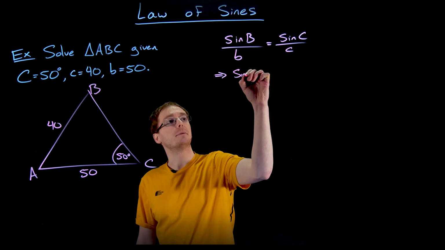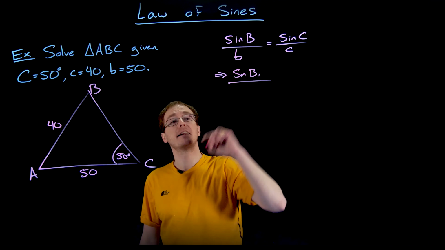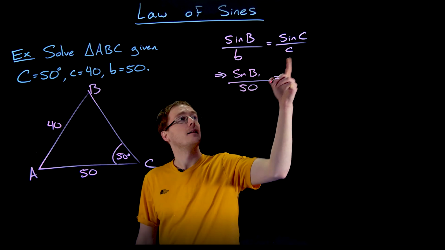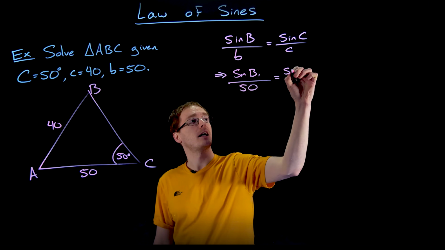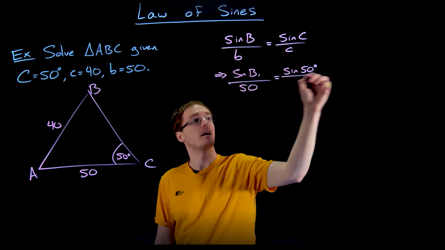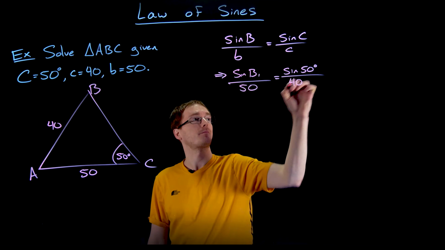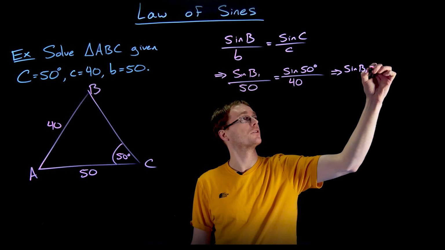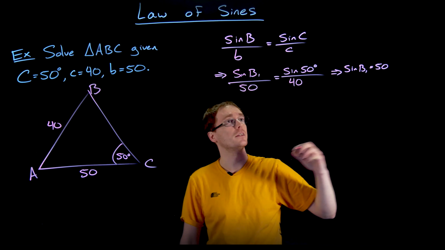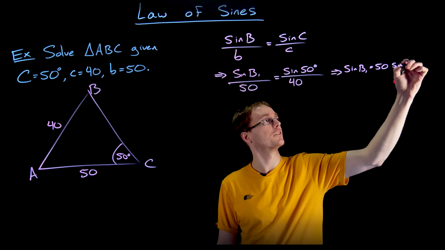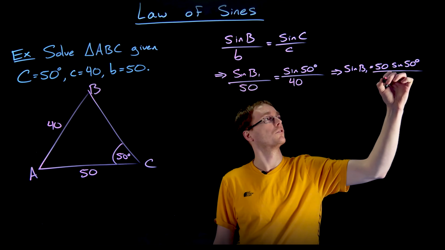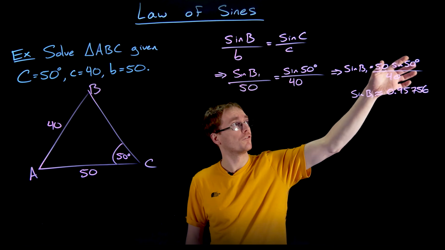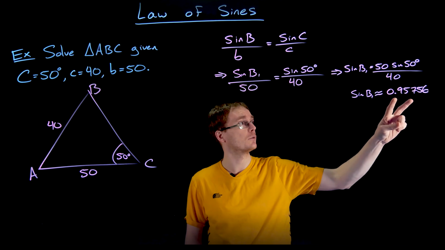So we don't know our angle B yet. I'm actually going to go ahead and call that B1, and I'll talk about why in a second. So that's going to be over 50. And that's going to be equal to sine of our angle C, sine of 50 degrees, divided by side length C, which is 40. All right, so we can solve this for sine of angle B1. Just by multiplying both sides by 50, we see sine of B1 is going to be equal to 50 times sine of 50 degrees, all over 40. So now if I enter that into my calculator, we should get just sine of B1, or 50 times sine of 50 degrees over 40 is equal to about